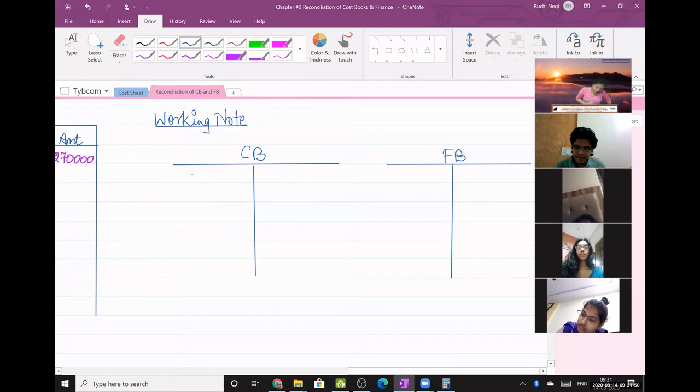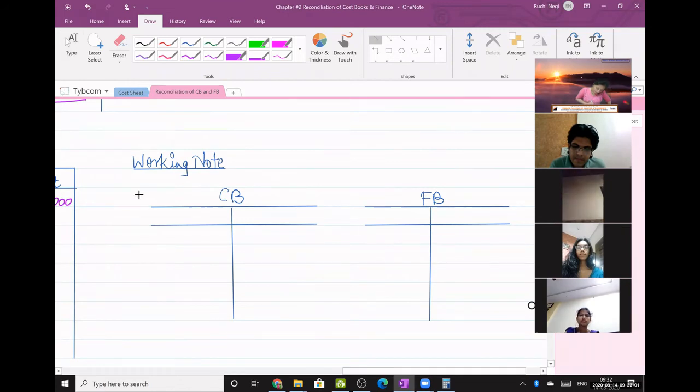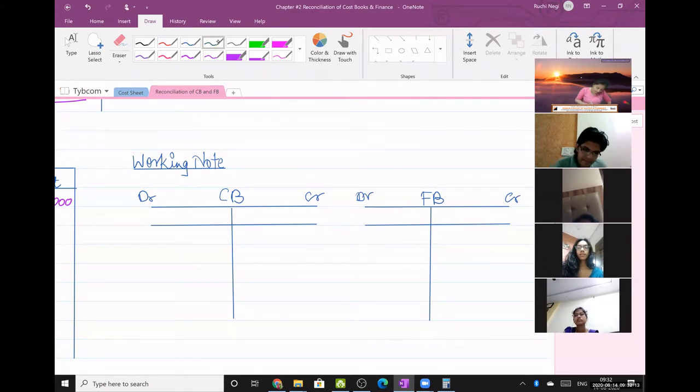So this is just like a ledger. This is my debit side. This is the first sum, so I'm writing all this. Debit side, this is my credit side. Debit side indicates what, dear? It indicates expenses and losses. Credit side indicates profits and incomes, right, in both the books.